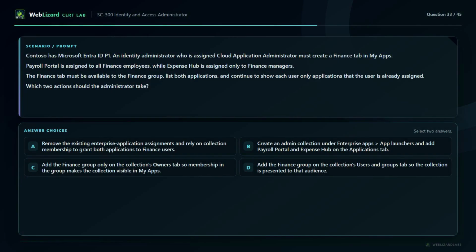Question 33 of 45. Select two answers. Contoso has Microsoft Entra ID P1. An identity administrator who is assigned Cloud Application Administrator must create a Finance tab in My Apps. Payroll Portal is assigned to all finance employees, while Expense Hub is assigned only to finance managers. The Finance tab must be available to the finance group, list both applications, and continue to show each user only